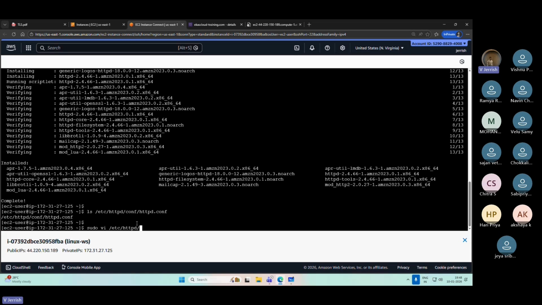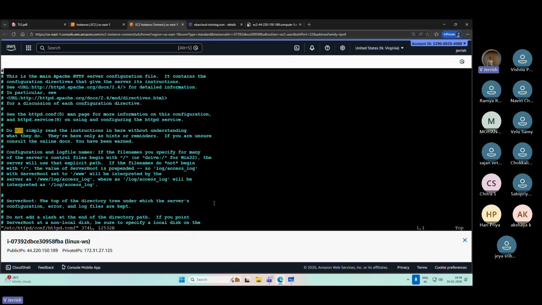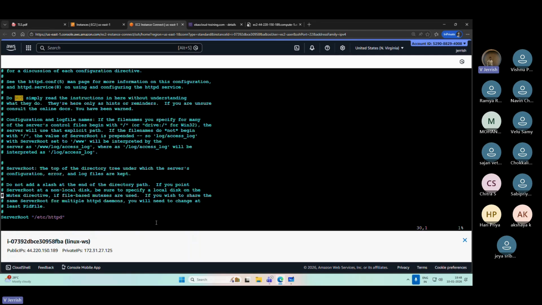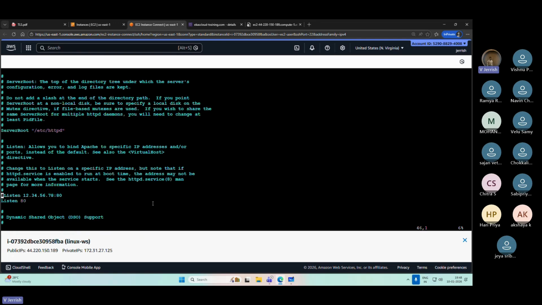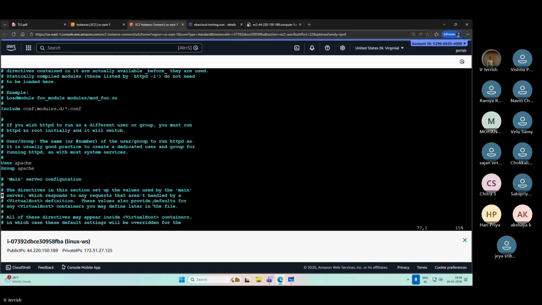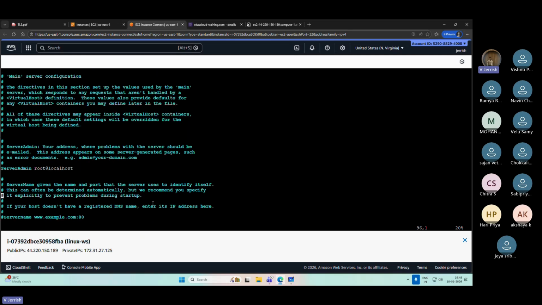I'll open that file and I'll show you. I'm opening the file via the vi editor. If I keep on scrolling, it is a very big file. It has 374 lines. Now, if I keep on scrolling to a line called DocumentRoot,